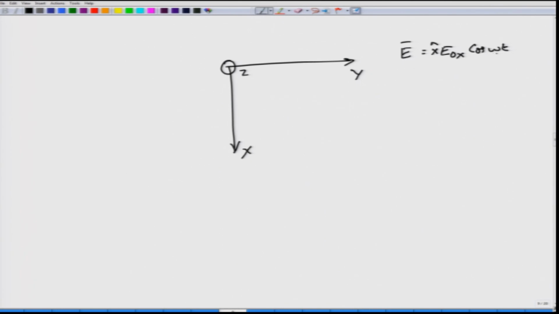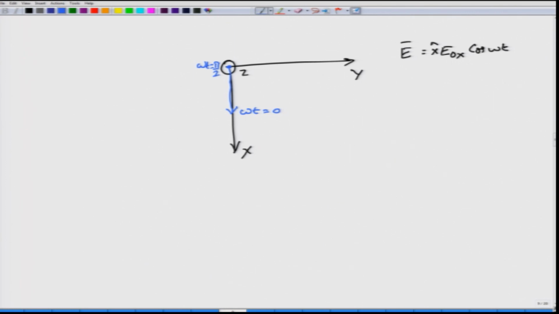First, omega t is equal to 0. So, when omega t is equal to 0, cosine of 0 is 1 and the electric field will be directed entirely along the x axis with an amplitude of E0 x. So, this is what you actually obtain at omega t equal to 0. What will happen at omega t equal to pi by 2? At omega t equal to pi by 2, cosine is going through 0. So, the electric field will actually be 0, right, that is at omega t equal to pi by 2.